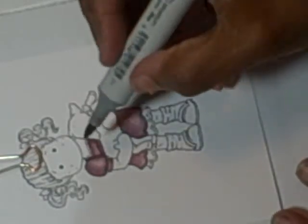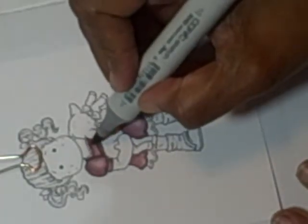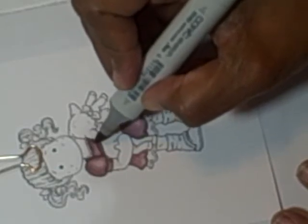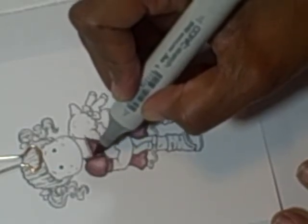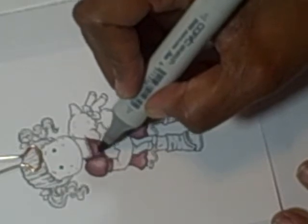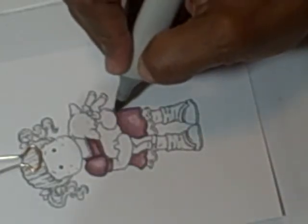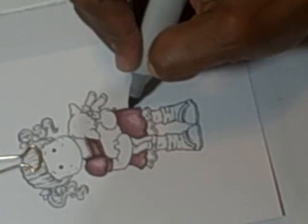Sometimes I just dab it out if I want to bring it out a little bit more. Now if you're wondering why I didn't do up around her neckline, I really don't need to do that because I'm going to use my, I think they're called Spica markers by Copic, and I like to add just the shimmering around her neck. And I'm going to do the same thing over here, just a really light line